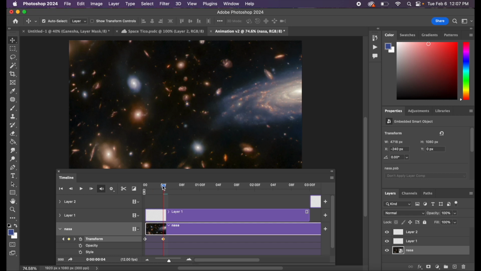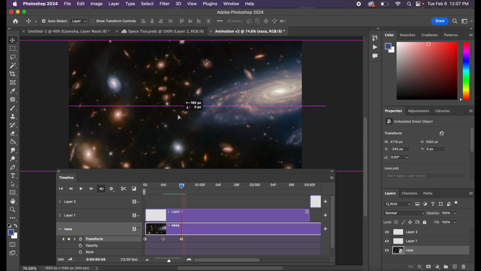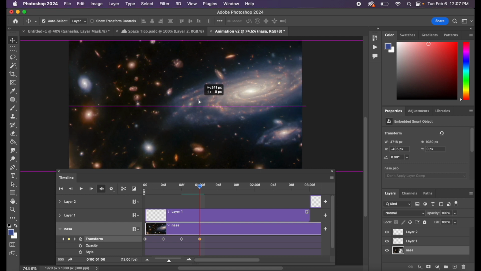So I'm going to do the exact same thing. I'm going to move my playhead 4 frames. I'm going to click the diamond. I'm going to hold down shift, hold down click, and move the background. Then I'm going to release, and now I have that movement recorded with my keyframes. And again, I'm going to move my playhead, click the diamond, hold down shift, hold down click, move my background. Okay? And we're just going to do this,